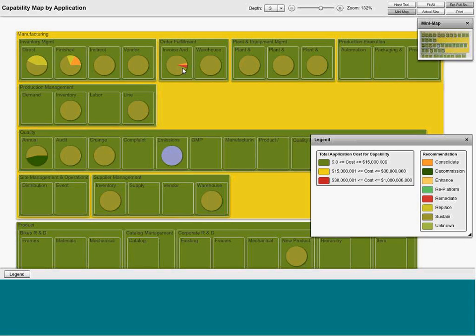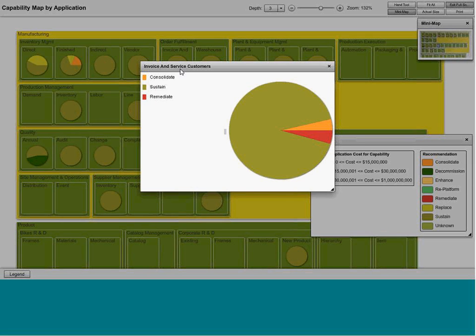And if there's a particular interest in one of these, you have the ability to drill and understand exactly the life cycles of the applications that support this particular business capability. And we provide the ability to drill into this to see the list of applications, and the detail about those applications, such as their cost. The ability to zoom and drill is key to dealing with large-scale enterprises that may have thousands of applications.